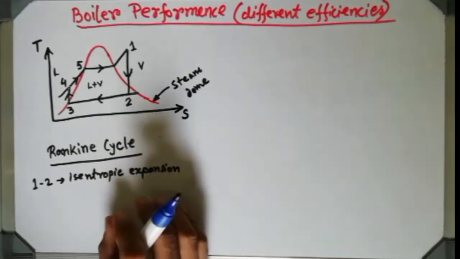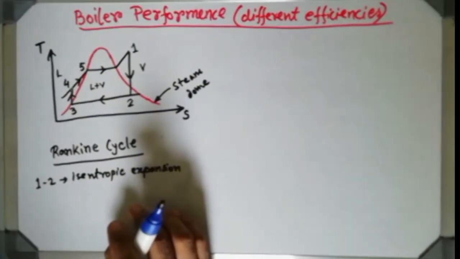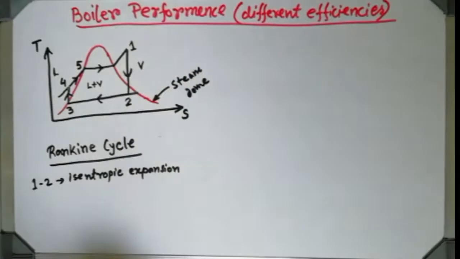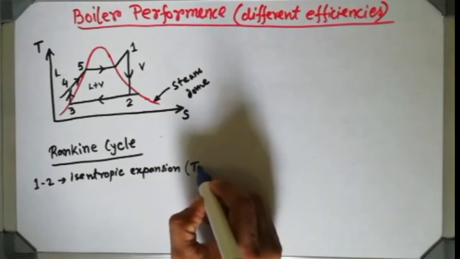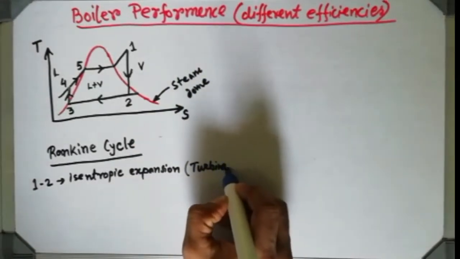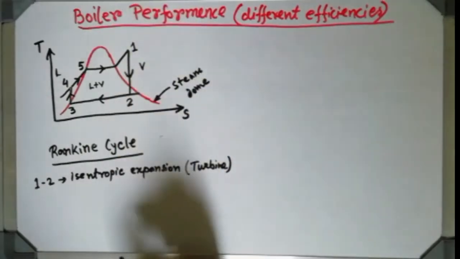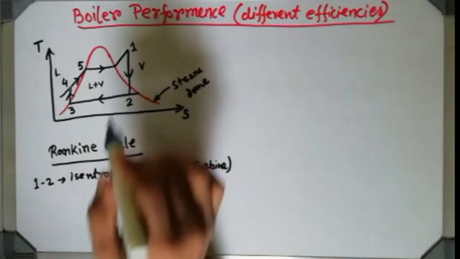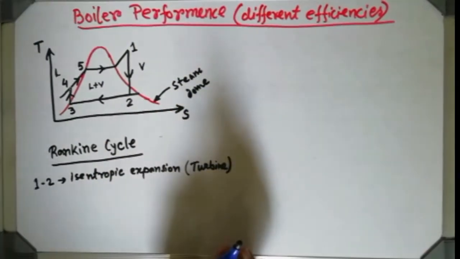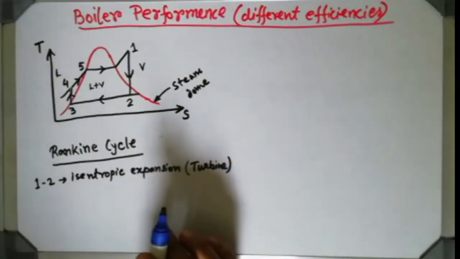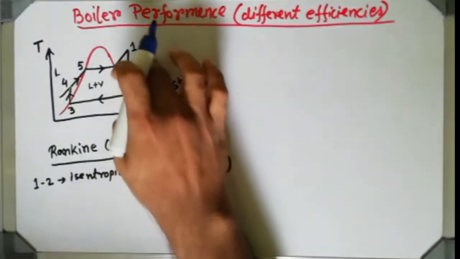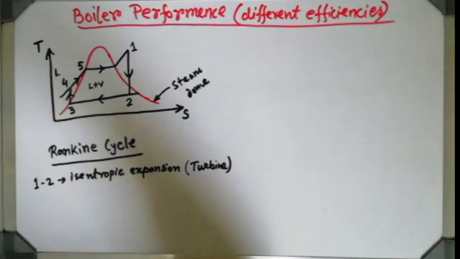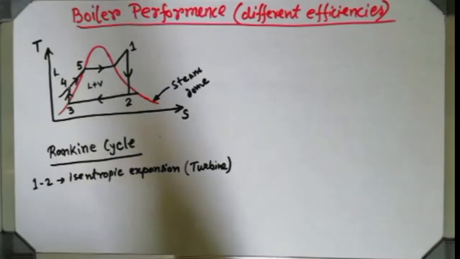Working fluid over here in this particular cycle. Now in this 1 to 2 process, that is an isentropic work done process which is actually executed inside the turbine. So we prefer to say it is a turbine work done, where it is occurring for the 1 to 2 process, and that process is known as an isentropic process. That means entropy will remain constant. So here in this particular process, the work will be produced.